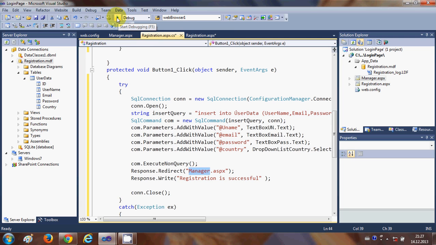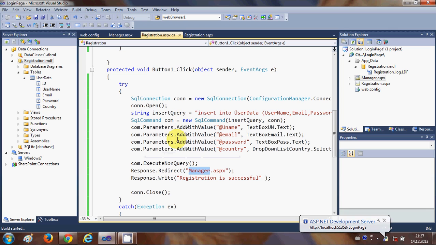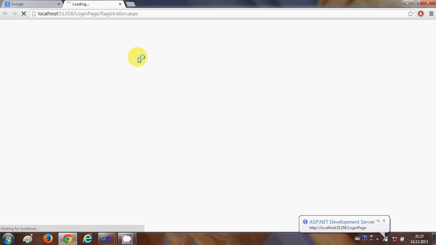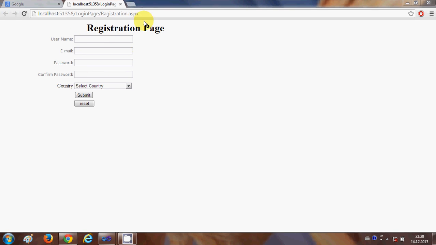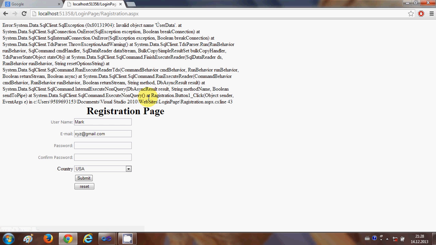Let's try and run the program and let's see what happens. So I will click this button to run my program, and we will go to our new registration page here. Yes, it has opened and it's taking some time. So our registration page is started, right? So let's create a new user. So write Mark, which is the new user, and then email ID xyz@gmail.com is okay for now. Password 12345, confirm password 12345, select the country USA for example, and I say submit,